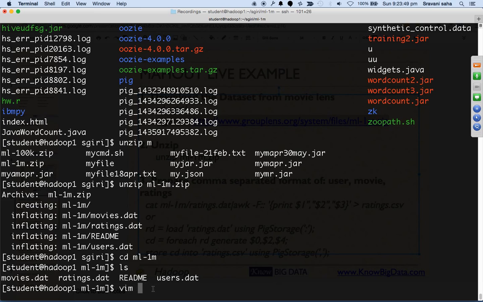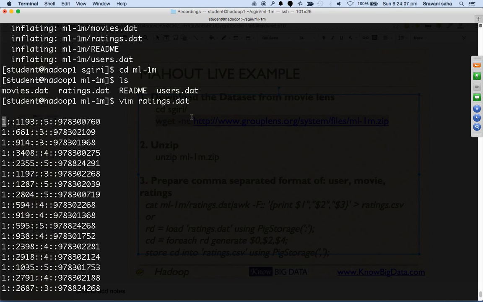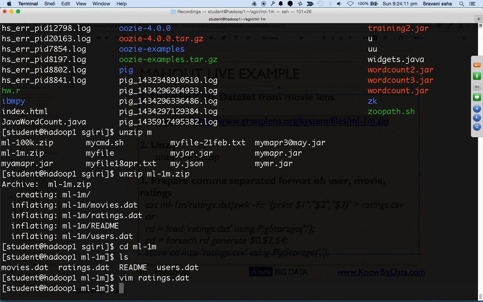So we can say that in the ratings, let me have a look at what is there inside it. So we have got user ID. The first one is user ID, then movie ID, and how much this person has rated out of 5, and then at what date. Okay, this is what is there inside ratings.dat. Okay, now